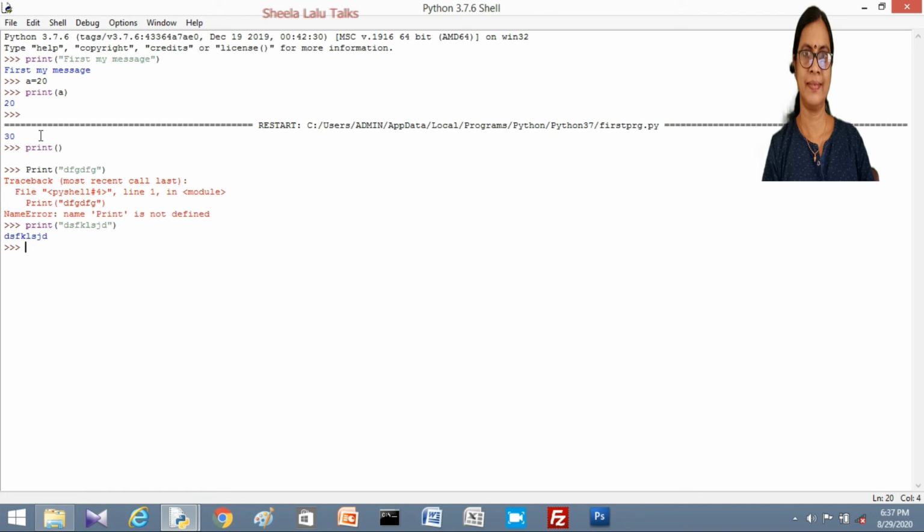Then we can print the value of an addition, that is, we can also use mathematical operators here. 2 plus 3 is 5. The same 2 plus 3, 5, we can also display by using the print() function. print(2+3), 5 we can see.